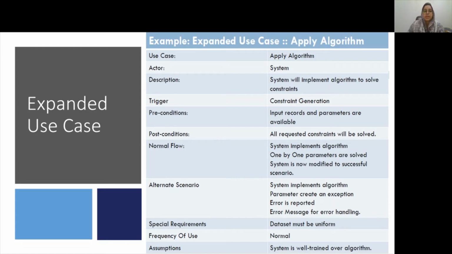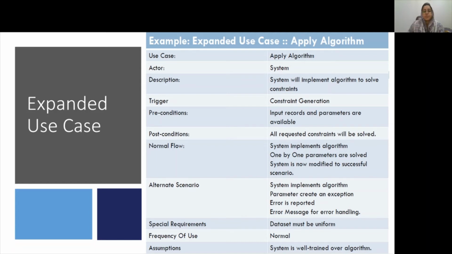It normally contains a success scenario or overall flow of the use case activity. So you can see the normal flow right here. Then alternative flow. Alternative flows are normally the exceptions that might arise during the system. They normally happen 20% of the time in a system, give or take.